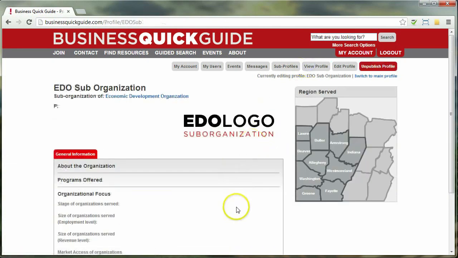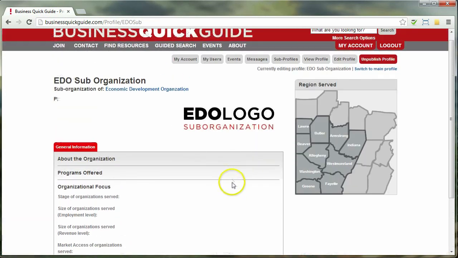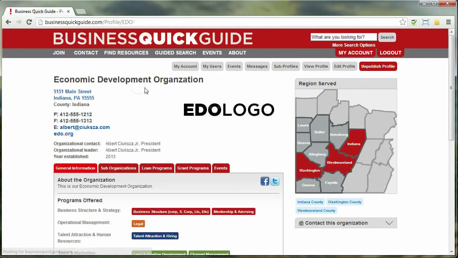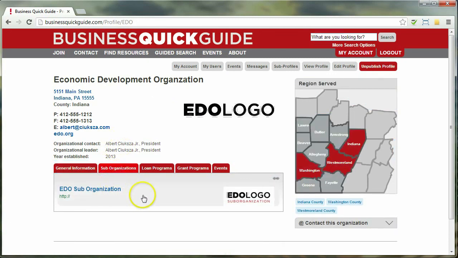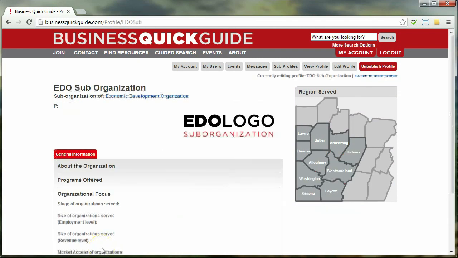We see view profile. There's not very much information because we haven't added it, but you can see immediately under the name of the organization it says Suborganization of Economic Development Organization. When you click on this, it goes to the parent. You can also see in the parent profile under the Suborganizations tab the suborganization with the information that we've populated. Obviously, so returning back to the main profile,